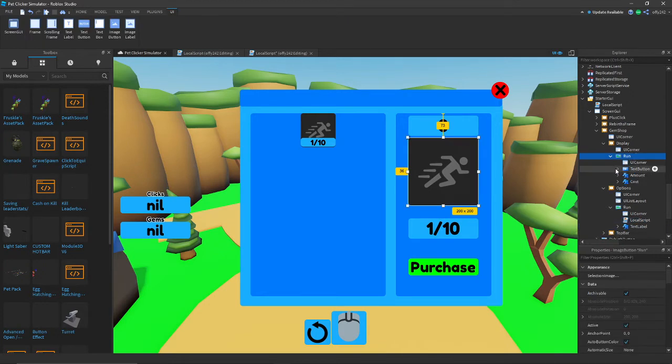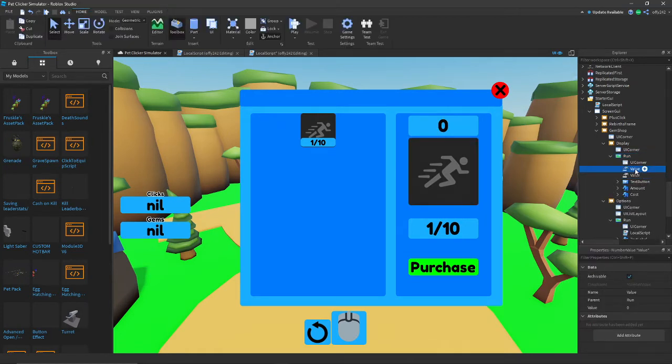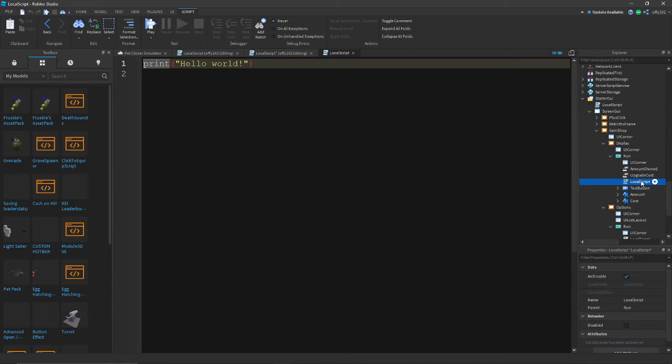now what we're going to do is inside of run, we're going to add in 2 number values. Name one to amount owned, and change the other one to upgrade cost. And then what we're gonna do is add in a local script and name this script text/values handler